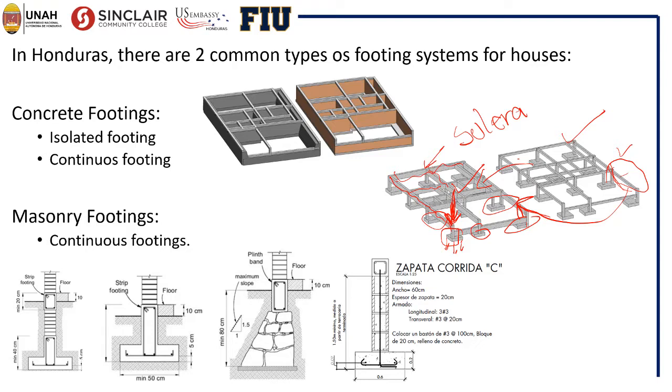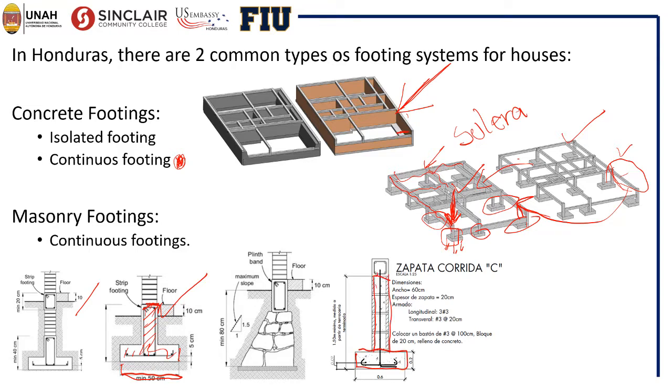The other footing system is the continuous footing, and it looks like this. For the continuous footing, a cross section of that footing will be this one or this one. You can see in this section we have the footing by itself. It could be concrete from the depth up to the level we desire, or it could be a concrete pad,